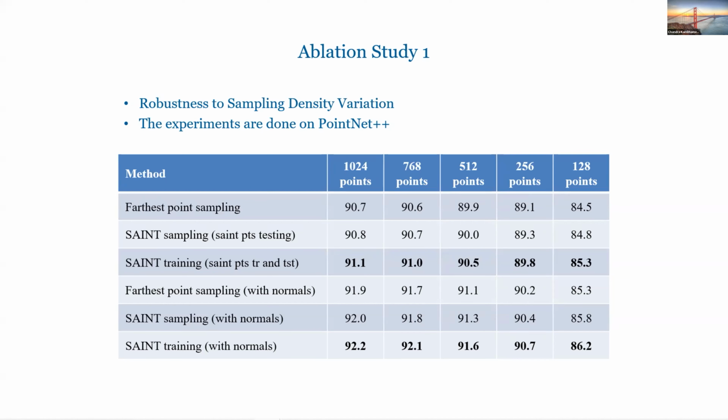I'm glad you asked. People do all kinds of stuff, they add normals and everything, but no matter what, we add Saint and it increases the classification. So why is this important? Because you can run it on a mobile phone. If it is this many points, then you can run it on a mobile phone, right? So this is important because if it's improving on these number of points, for example, from here to here is 0.3, it does mean a lot. On a cell phone, you are getting all this additional performance.